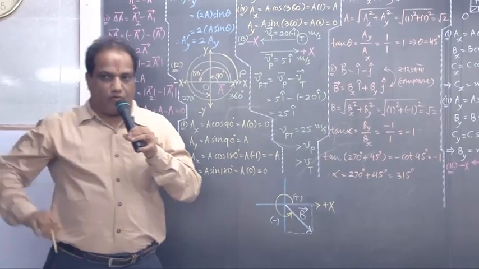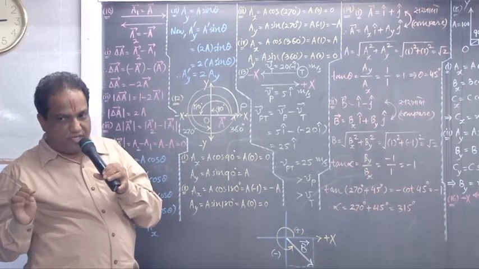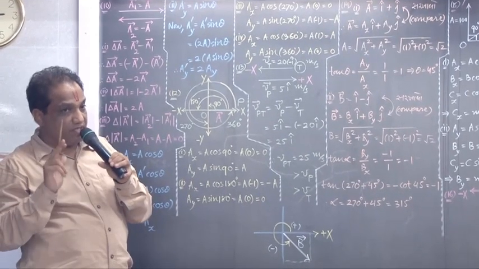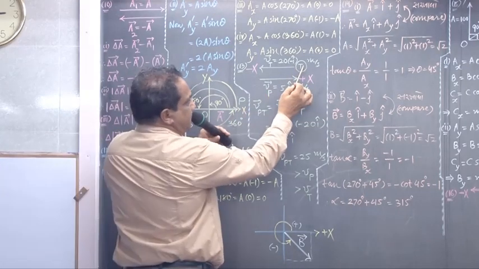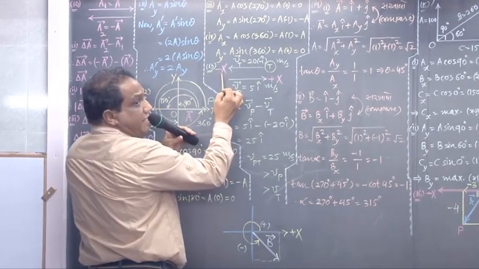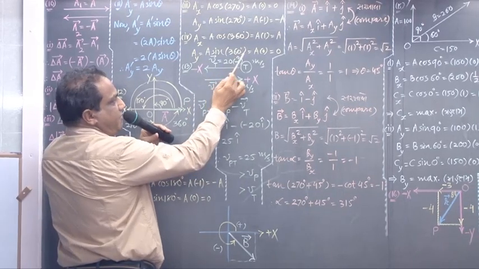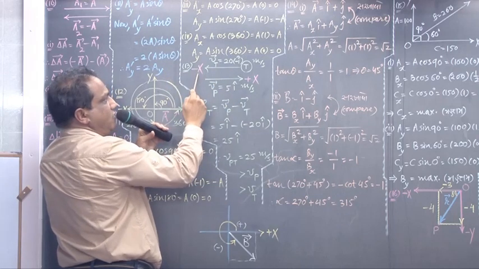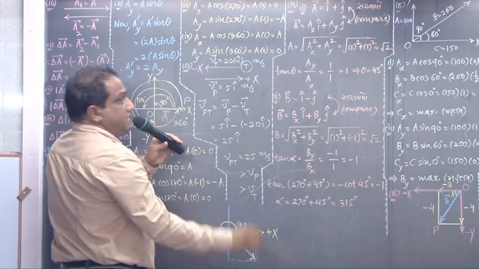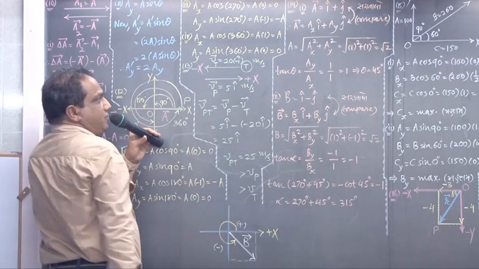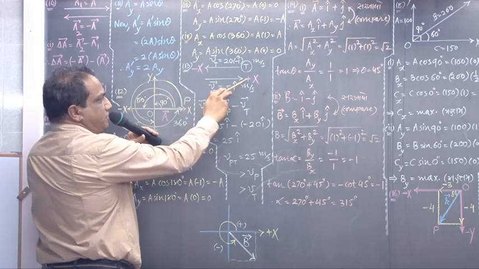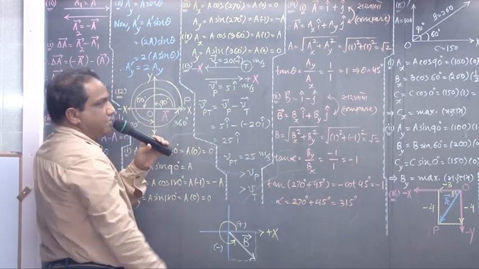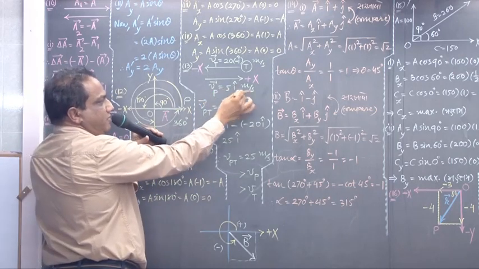Look, they have asked one question: can relative velocity be greater than the given velocity? Yes, very much possible. They have asked to give one example. See, suppose one train is moving towards the negative x-axis with a speed of 20 meters per second. The velocity vector equals magnitude multiplied by the unit vector along the negative axis, which is minus i hat. Some person is running opposite to the direction of the velocity of the train, say towards the positive x-axis. So the velocity of the person, as a vector, equals magnitude multiplied by the unit vector. The speed of the person I have assumed to be 5 meters per second.